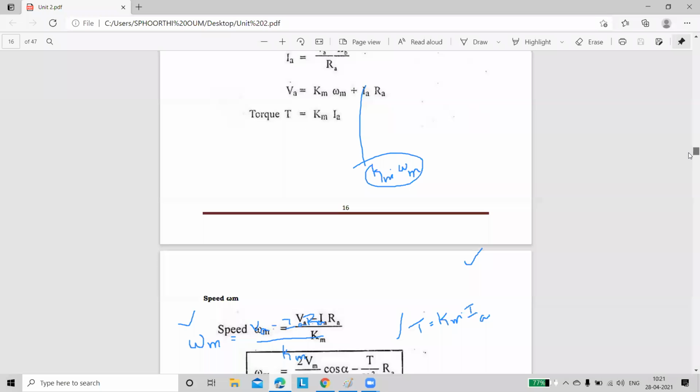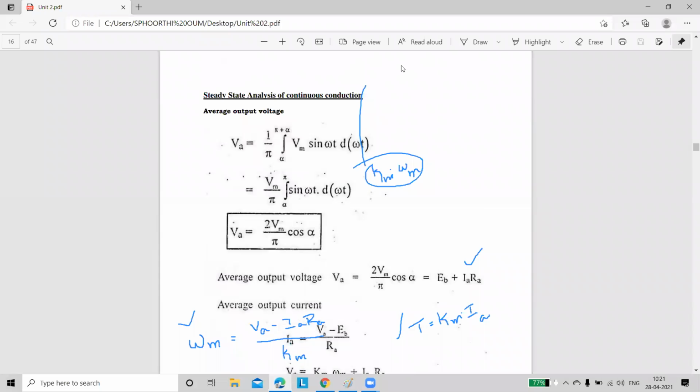So our next thing is you are going to do the same analysis for continuous mode. I will avoid the annotations for you. See this expression, again you have to calculate V naught, that is nothing but VA. In the continuous waveform, you are getting exactly sinusoidal voltage and no constant voltage is present. That's why our time period is alpha to pi plus alpha, instead of alpha to beta and beta to pi plus alpha. Just simply alpha to pi plus alpha.